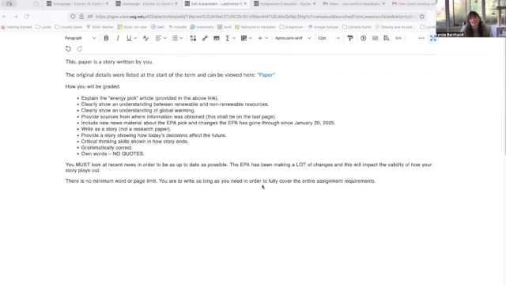Grammatically correct. You are writing a story, but pretend it went through an editor and everything was fixed. There should not be any typos. Everything should be proper because you're supposed to be taking a long time doing this. This is worth 100 points. You need to actually take the time to reread your story. And I highly recommend reading it out loud because if you read it out loud, you will catch more mistakes than if you just read it in your head.